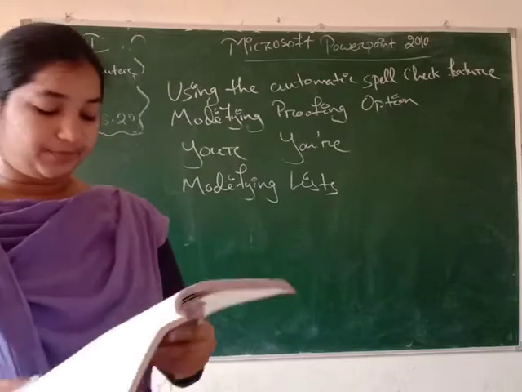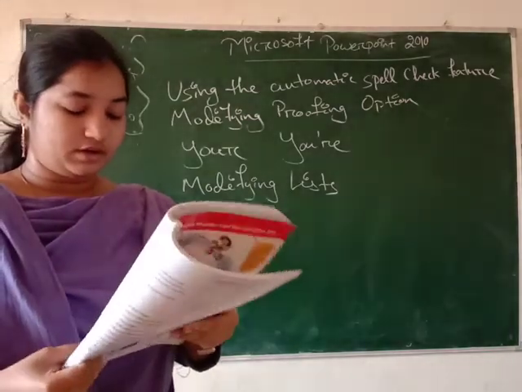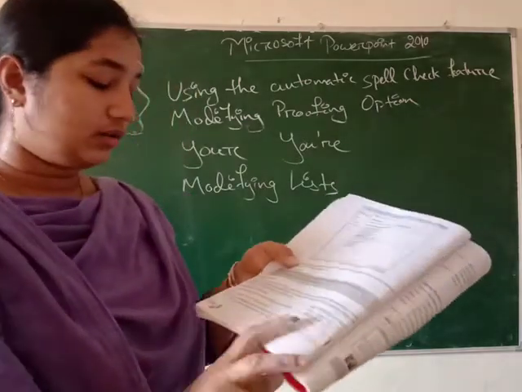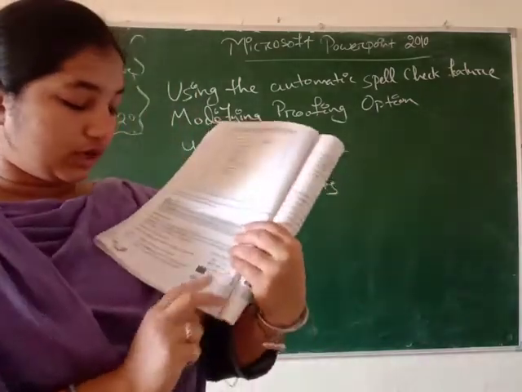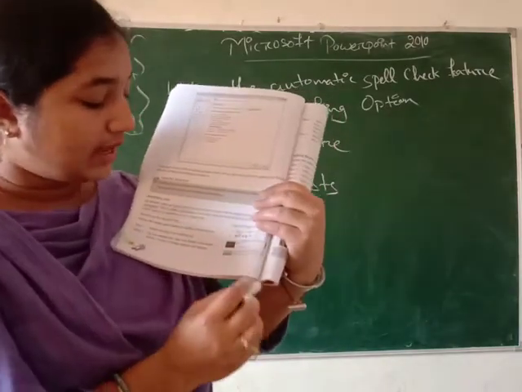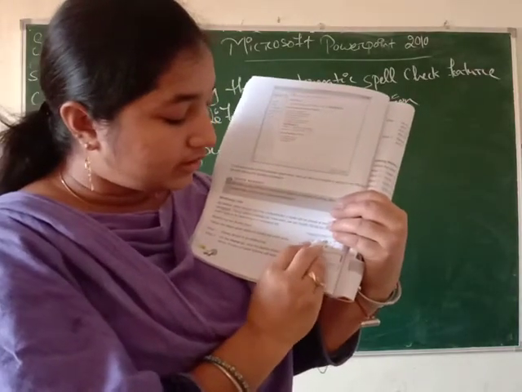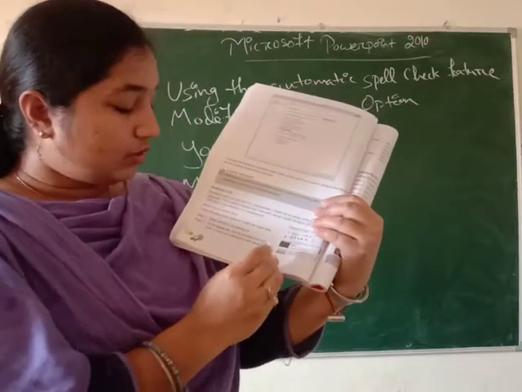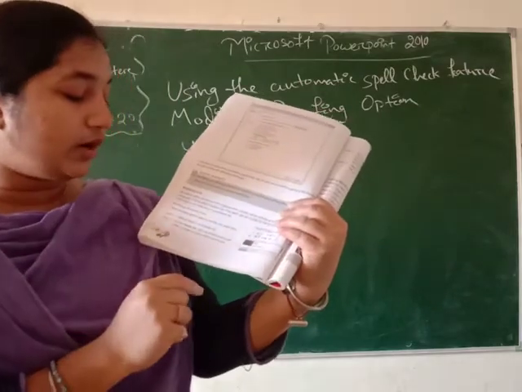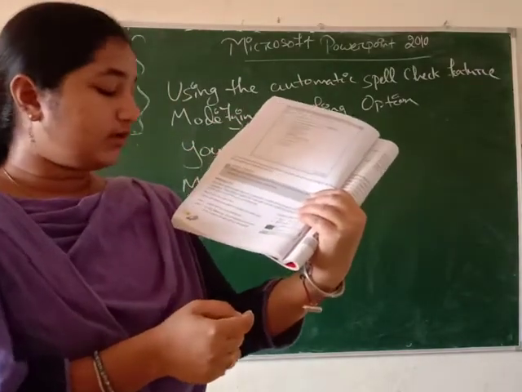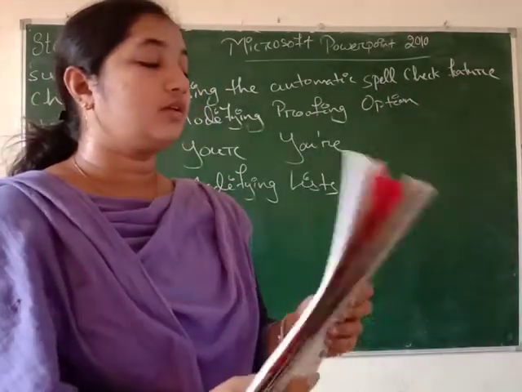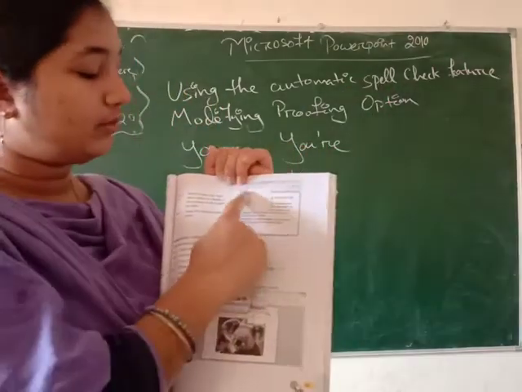In the first step, we have to select all the text in an existing list. After that, on the Home tab, we have to click on the bullet icon. You have seen here some lines are there. This is the bullet list, and this is the numbered list. Here we have to click on the bullet option, and a drop-down menu will appear with a menu of bullet options. You can see this is the drop-down menu.